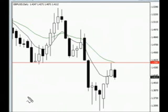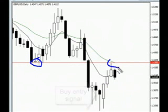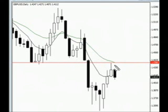The first trade we had was on the Great British Pound earlier in the week. We had a nice fakey setup and I went over this one. So we would have been long here in this area and the market has moved up to this old support which now becomes resistance. Following the trend, we did have a nice test of resistance, and you can see this bar here closed off the highs, so it was a semi-pin bar. For me that is really good enough for a short anywhere in here around the resistance, and you can see the market's already falling away. So there's two strategies already that you would have learned. Okay, let's look at